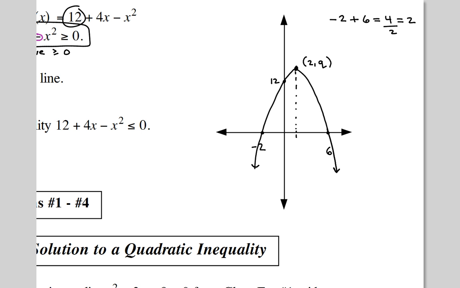Okay, so if you missed yesterday's class, we've been taking the average of the x-intercepts and then finding that the p-value of the vertex is the average of the x-intercepts. This has to be in between the middle. It has to be symmetric. These x-intercepts are symmetric, so it has to be there. Okay, now